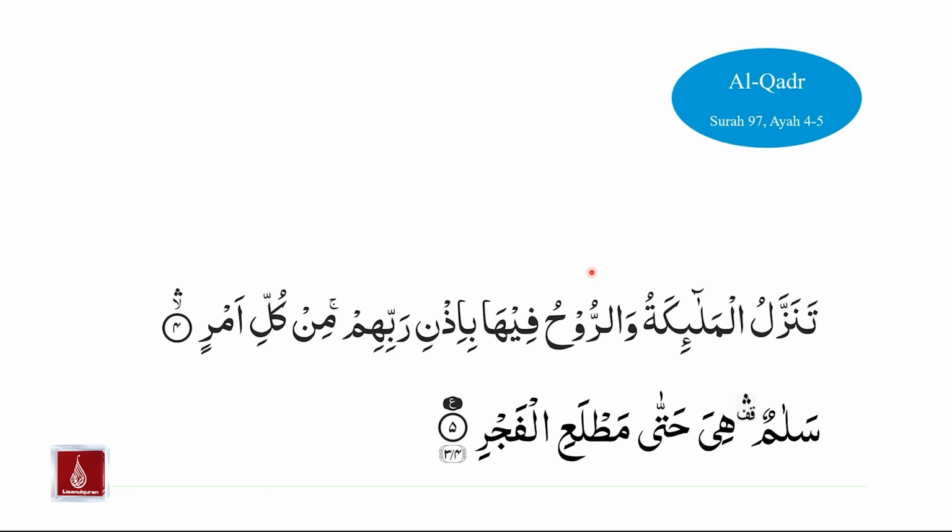There are several examples of murakkab izafi and murakkab jari in the last two ayahs of the surah. For example, fiha. Fiha is a murakkab jari. It can be translated to in it. In fiha we see fi, which is harf jar, and it is followed by an attached personal pronoun that is majroor.